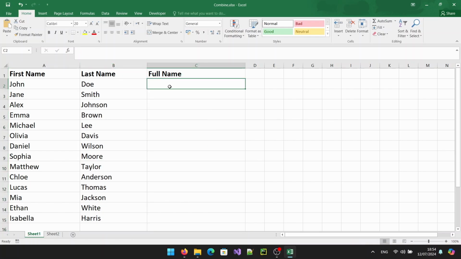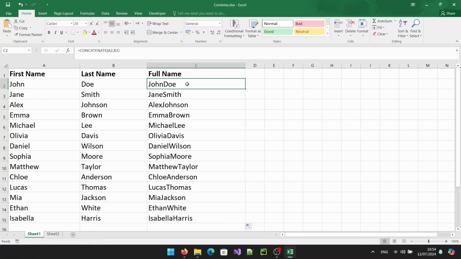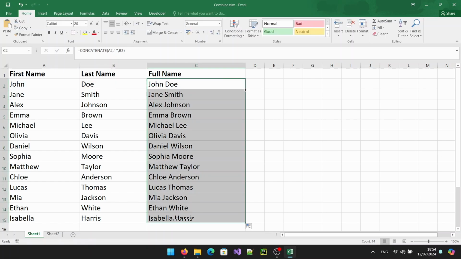Here's how you do it. Type =CONCATENATE(A2,B2) and press enter. This formula combines the first name in cell A2 and the last name in cell B2. To add a space between them, we can modify the formula: A2, double quotes, space, double quotes, B2. One of the strengths of CONCATENATE is its clear structure, which can make it easier to read when dealing with